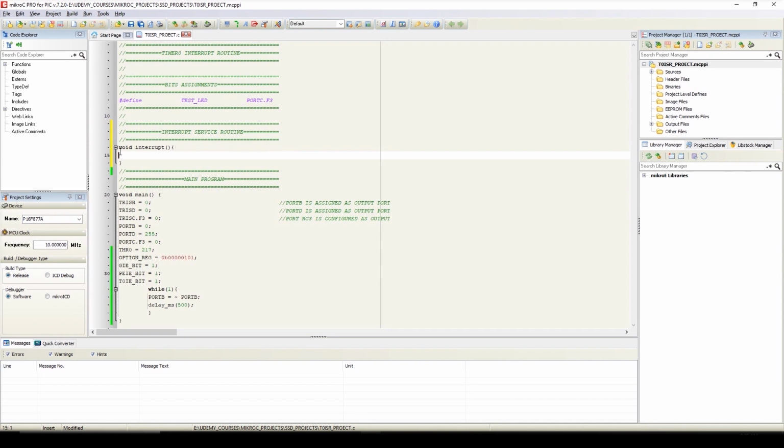Here we will check if the timer 0 interrupt flag is 1, so we'll write if T0IF_bit equals 1,